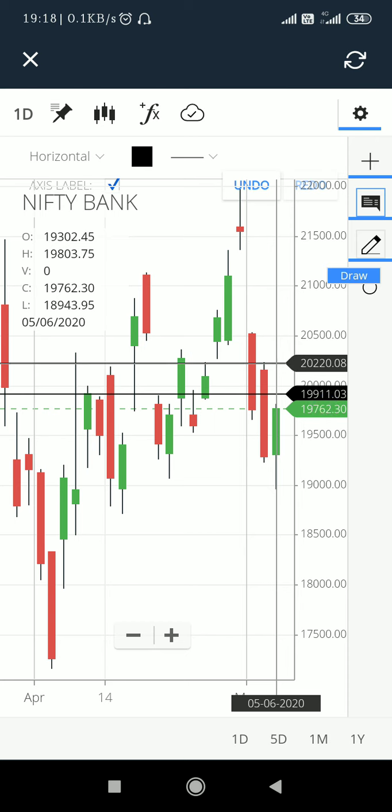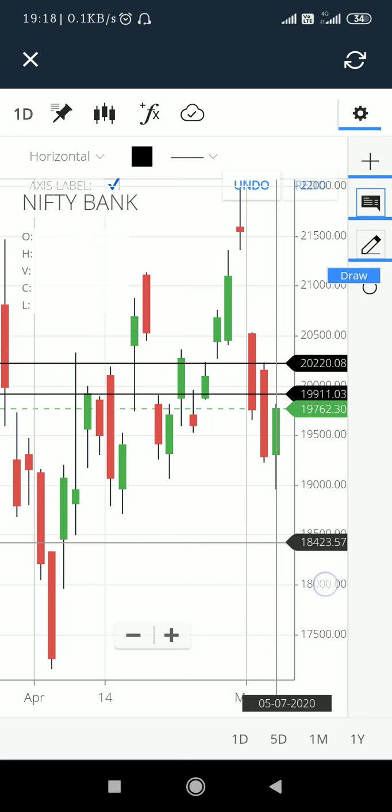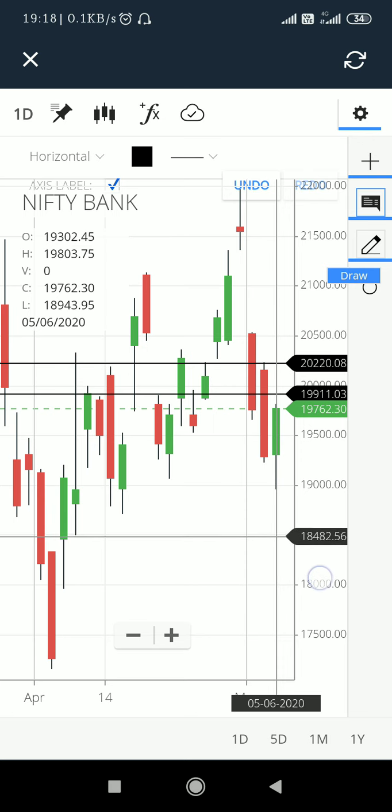So we can definitely expect a level of 20,200 or 20,220. That is a 300 point rally, and one can definitely buy an at the money call option. No one should buy the OTM call options, as they would be worthless tomorrow. So you can buy a call option of 19,900 or 19,700 also, and it can get you a decent profit if the Bank Nifty moves from 19,900 to 20,200.